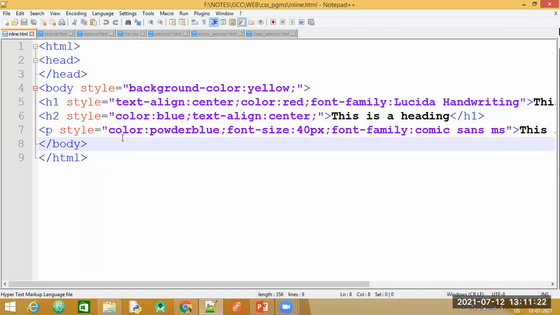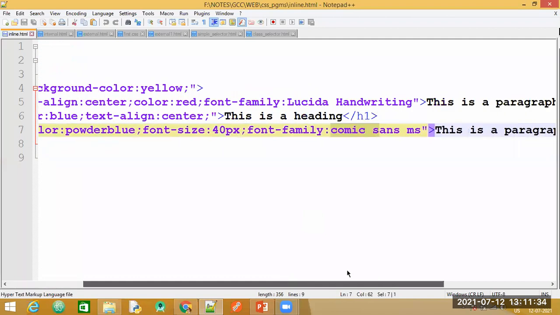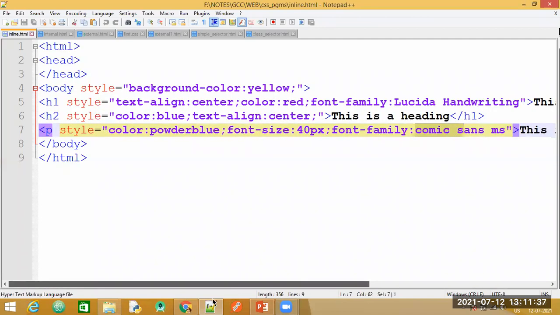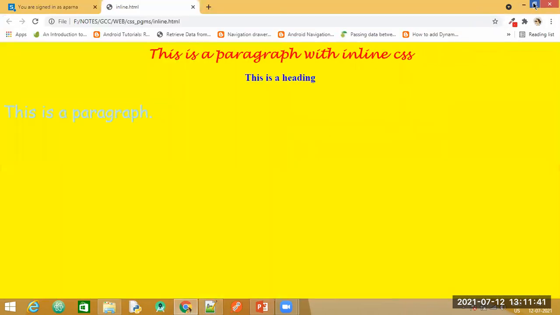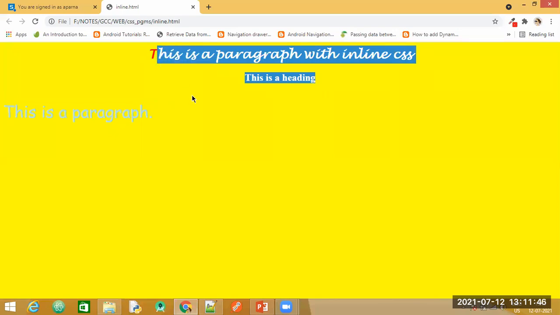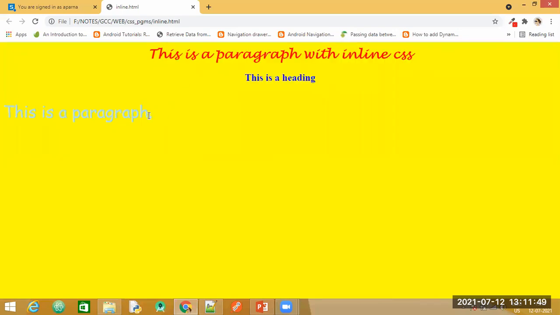For the last one, the paragraph tag, the color is changed, the font size is increased, and the font family is again changed, and the text is written and the tags are closed. Have a look at the output once again. You can see these two texts are aligned at the center. Here I have not specified any text alignment, so by default it is aligned to the left. Only the font style and the color are changed.